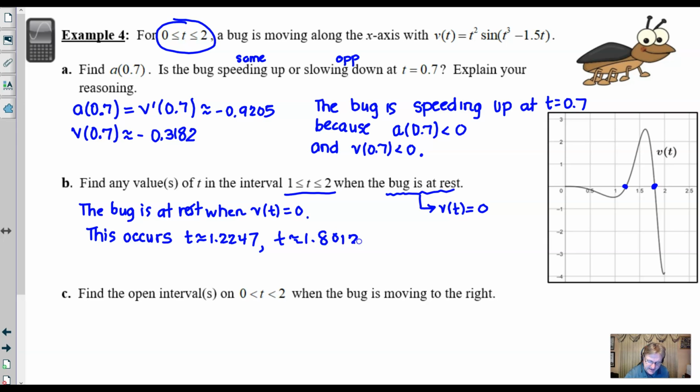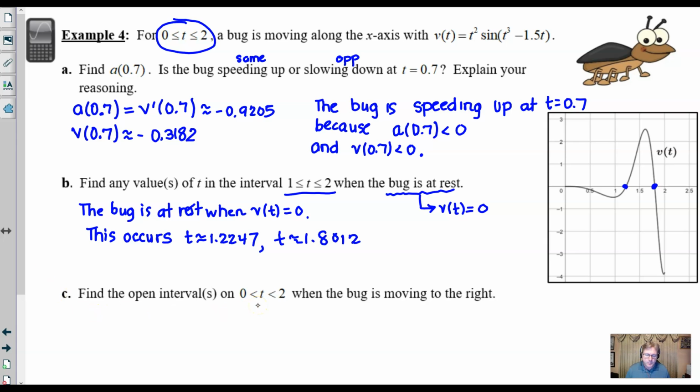But as I was saying, you don't want to leave your answer bald. You don't want to just throw out those two t's. Talk about where they come from. A lot of times in my class, if a student makes an egregious calculator mistake and doesn't get these two answers correct, but on their paper they knew to set v of t equal to 0, they can earn a point. All right, we go down to part C now, and the question is